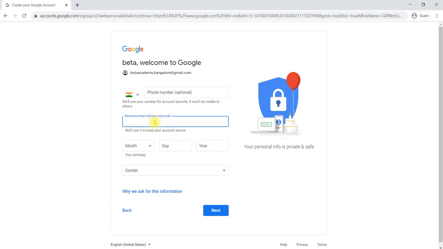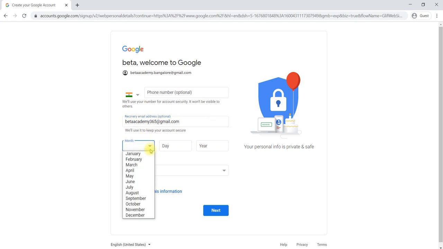For the recovery email address, I will give one more email address we have, betaacademy365@gmail.com. I have given that as the recovery email. If you forget this particular email address, you can recover it with that one. If it is not there, again no need to give.